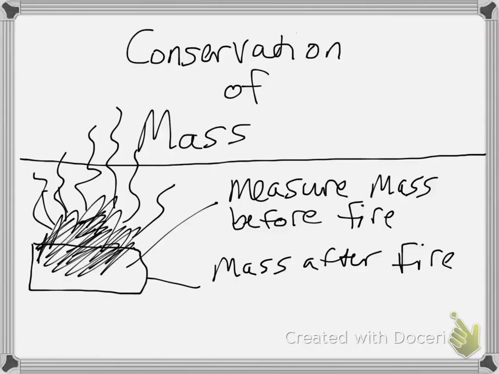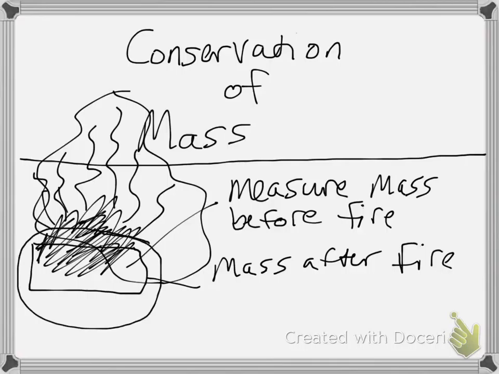They did know that fire was a chemical reaction, the reaction between carbon and oxygen, as the log is exposed to air. And as this process occurs, it releases all this smoke. And it wasn't until people realized that the smoke and air also had mass that they were able to take the masses of what we would call the reactants, the mass of the log itself and the mass of any of the air around the log. Now, of course, you can't go outside and just measure the mass of the air around the log. You have to do this in a controlled lab. But they could do it.